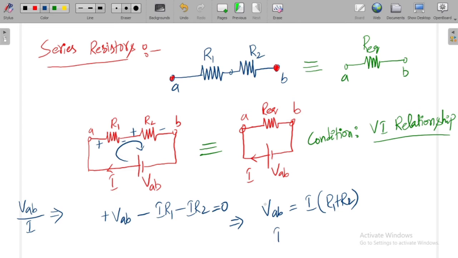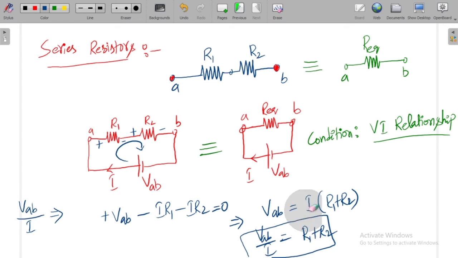Now from this I want to get the ratio of voltage supplied to the current delivered. So VAB by I gives us R1 plus R2. So this is the ratio of voltage to current when these two resistors R1 and R2 are